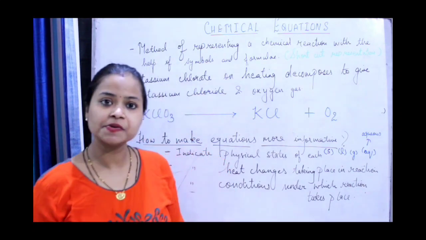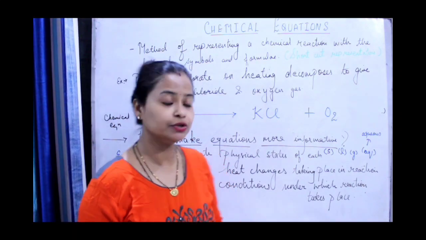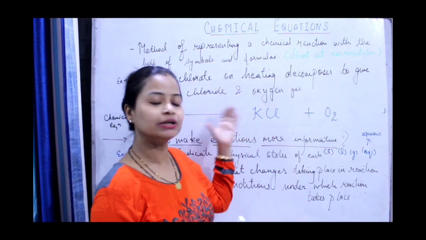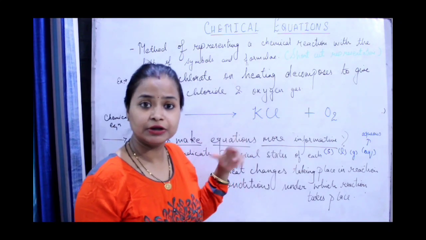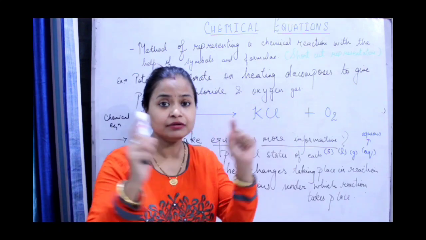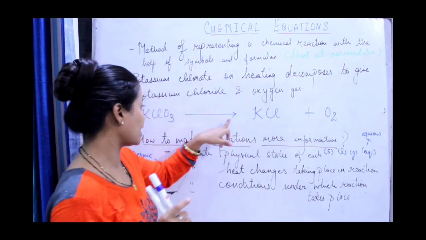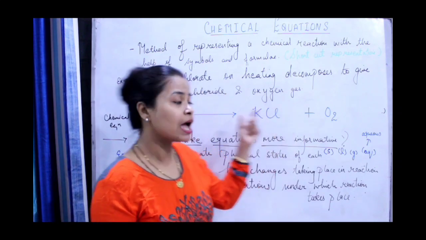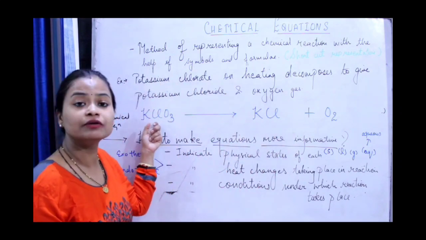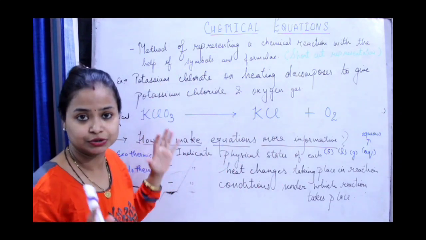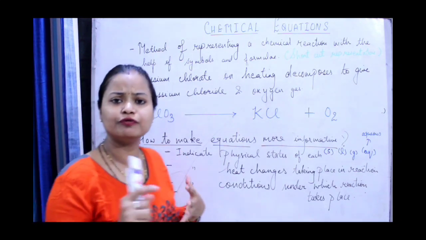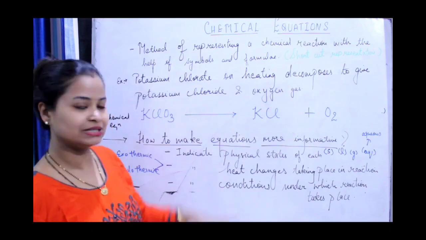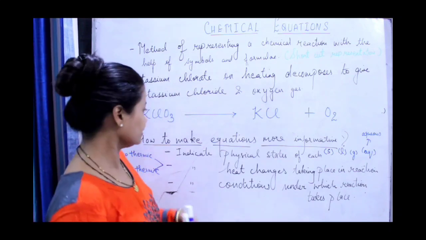Okay. Always remember, in a chemical equation, reactants and products will be depicted and an arrow will be there. The head of the arrow will give you the information about the product and the tail of the arrow will give you the information about the reactant, okay, or will help you to find out the reactant. Fine. So over here this is one of the examples. I hope you are clear, okay.